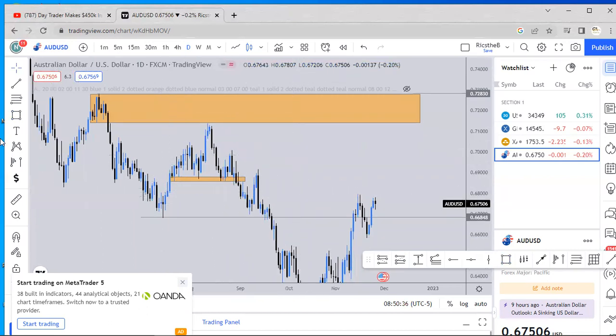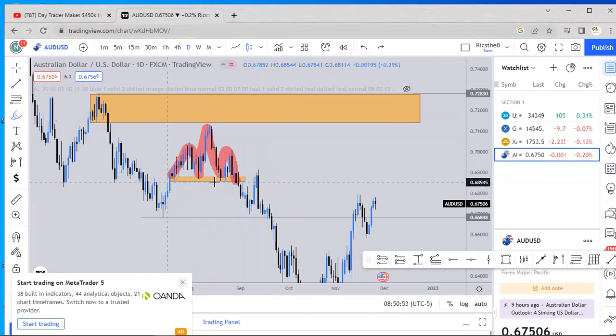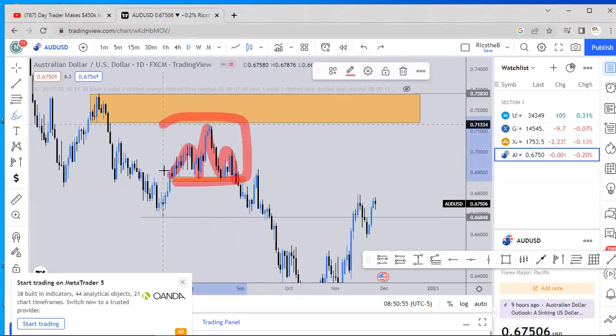You see, price pushed up, then we started ranging in this manner. Price started coming down, then pushed to probably our potential area. Then this was a ranging market at this particular time. Price was just ranging before we got this initiation to the upside,